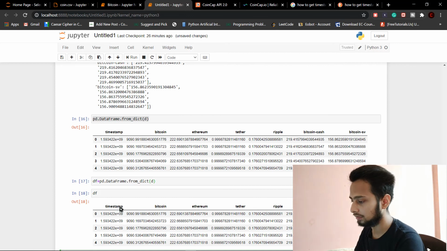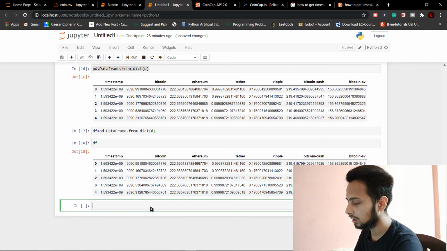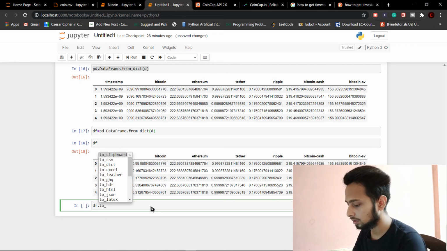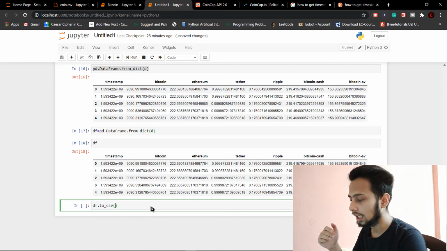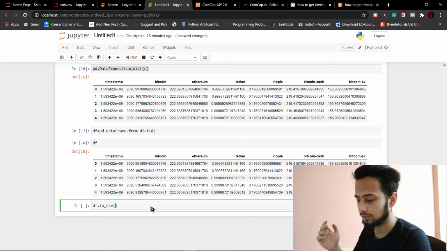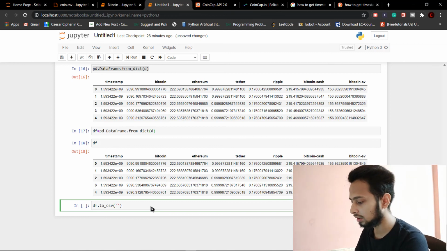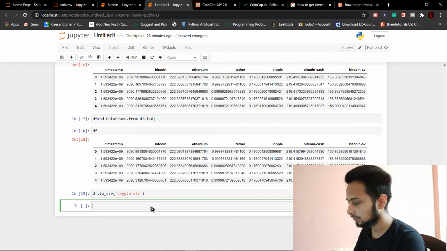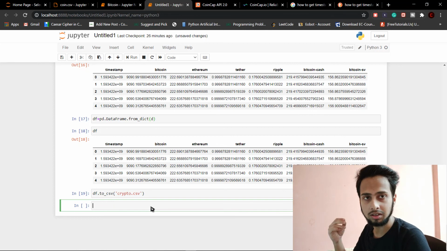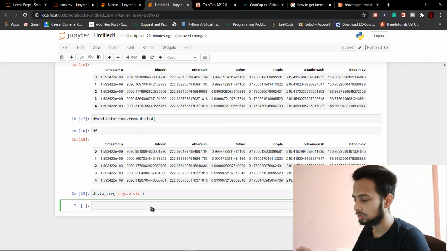You can simply write df, and df contains the data frame, and df.to_csv. Here you can press tab and it will give you the option to_csv, and you can specify the name of the CSV file that you want. We can write crypto.csv, and this has basically converted our data to a CSV file.